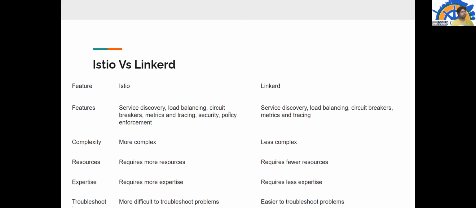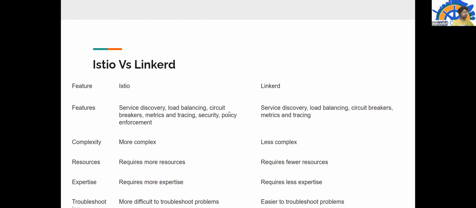Performance overhead. Okay, I would say there is a small overhead because we have a sidecar. If you have end-to-end connectivity between two microservices, the performance will definitely be somewhat better, but if you see the performance data, the hit is very small.